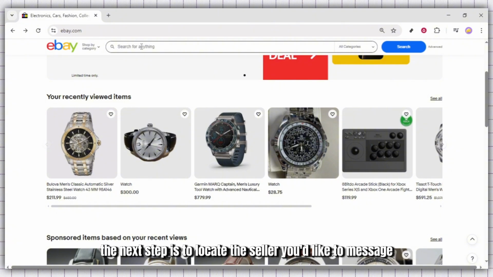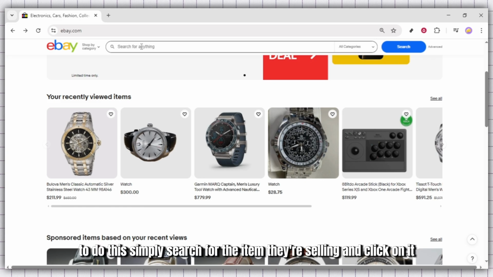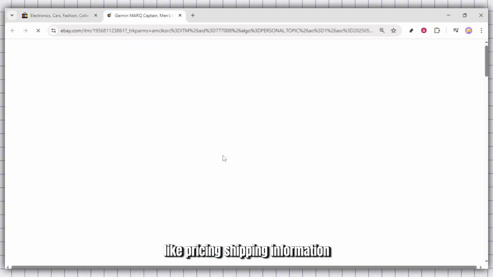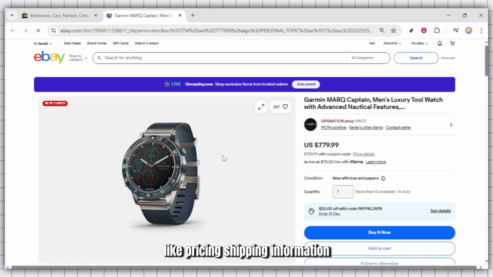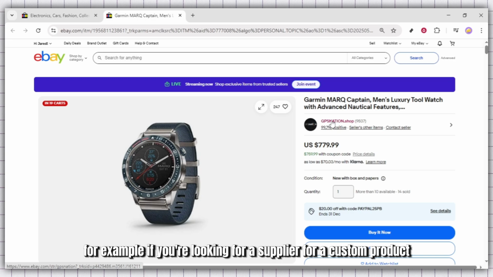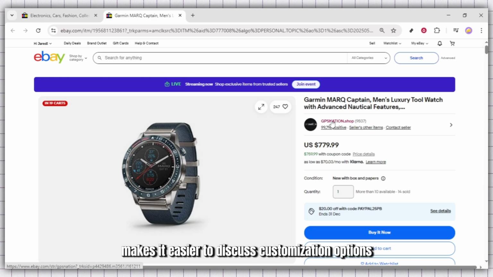Once you're on eBay, the next step is to locate the seller you'd like to message. To do this, simply search for the item they're selling and click on it. This will bring up the item's listing page with all the relevant details, like pricing, shipping information, and product specifications. Knowing the specific item helps ensure your message is targeted and clear, so the seller can respond quickly and accurately. For example, if you're looking for a supplier for a custom product, referencing the exact item makes it easier to